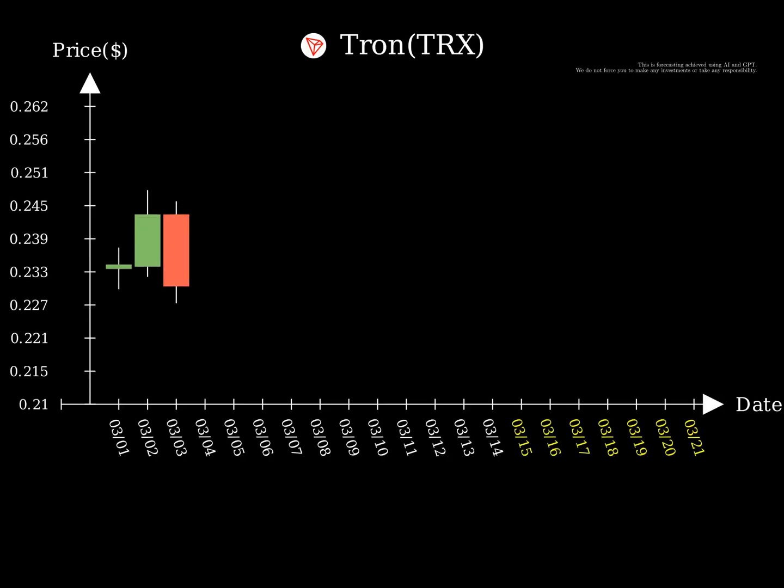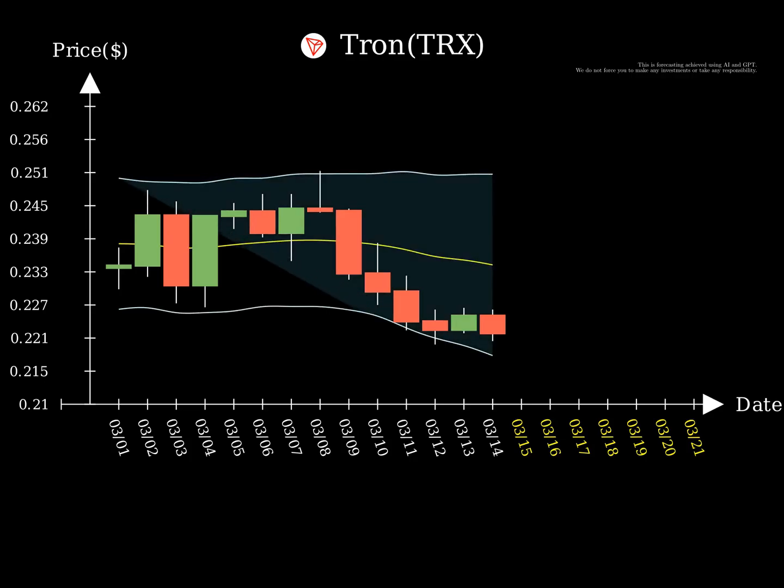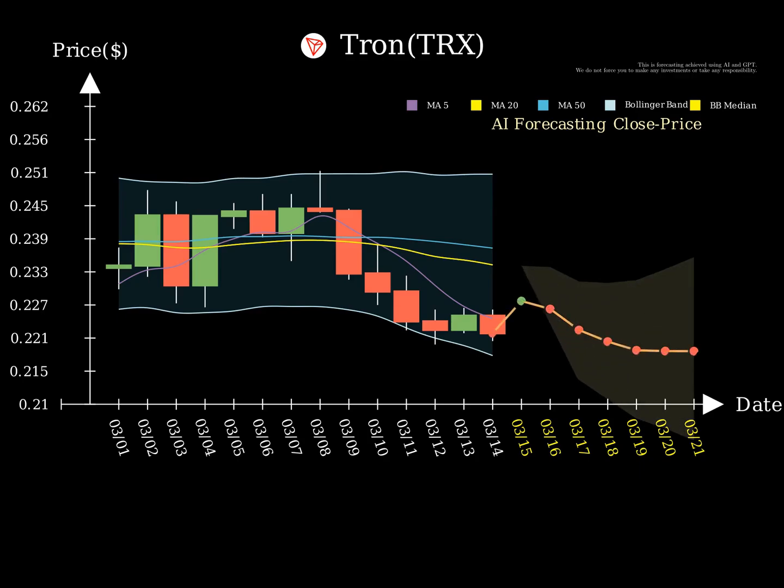Based on the provided data, Tron appears to be in a slight downtrend. The price has been hovering around the support level of $0.194 and has dipped below the resistance level of $0.231. The forecast price suggests a continuation of this downtrend. The RSI indicates that Tron is not currently oversold or overbought, suggesting a neutral sentiment. A potential strategy could be to enter a short position at the next price bounce above